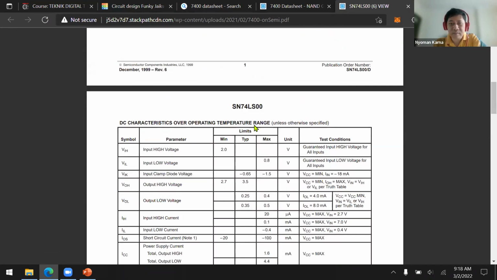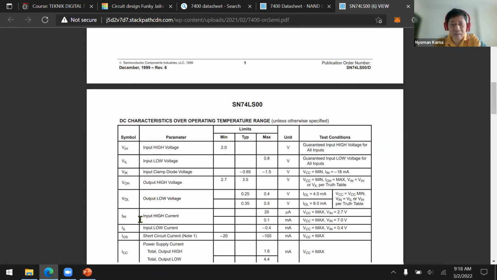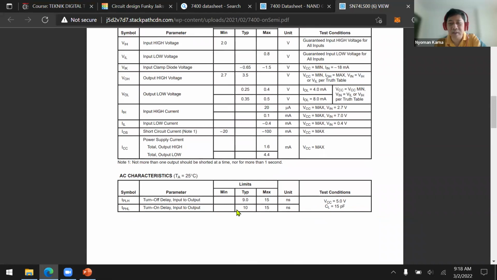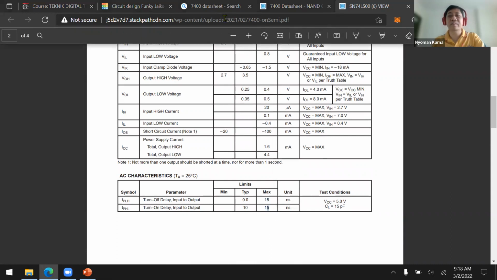Where is it? Okay, now this one. This one is around 15 nanoseconds now.